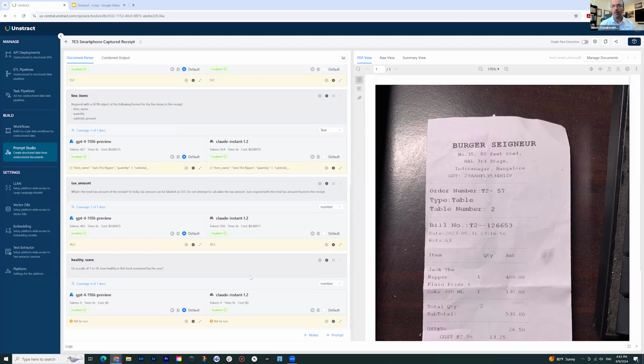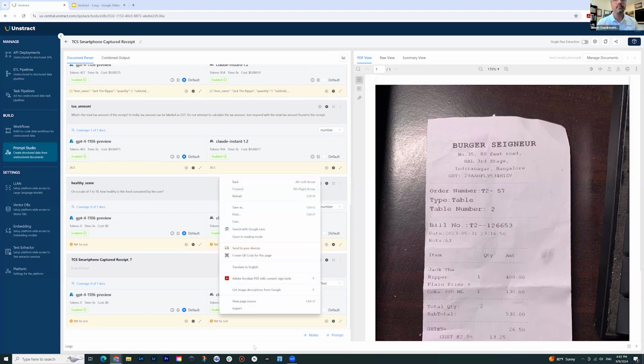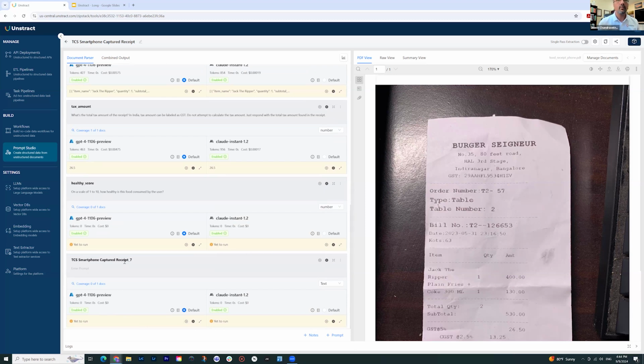I can actually even add one more here. Like, for example, I'll show you a live prompt. I'll add a new prompt here. So I'll name this prompt get city, right? So I want to just get the city of this particular thing, right? And what I'm going to enter is, what is the vendor's city. Maybe I'll just keep it simple. Let me try. And I'll just run it.